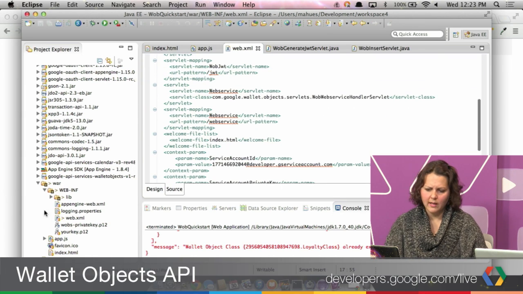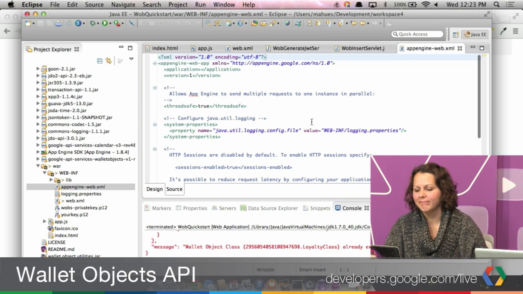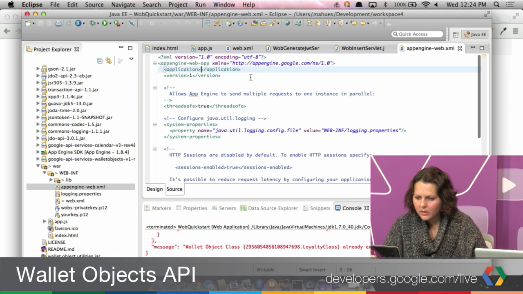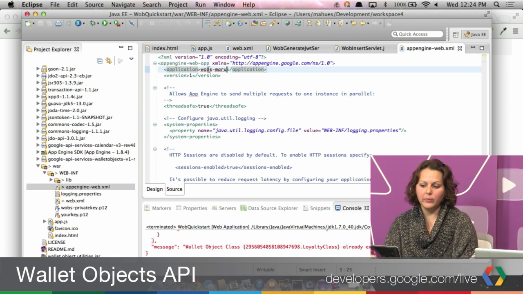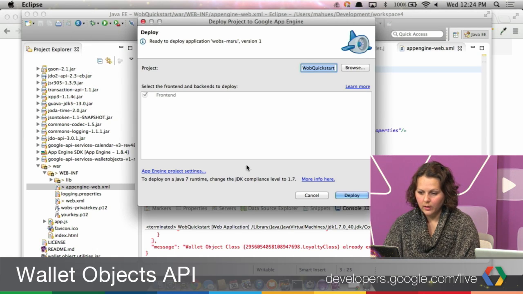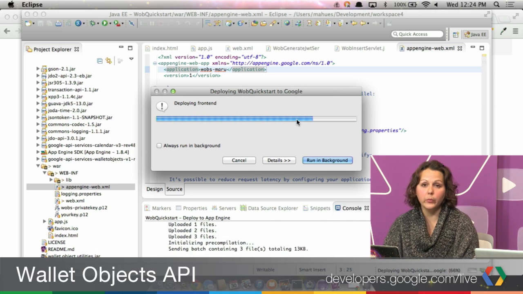Oh, not the web XML, I'm sorry. Go into the appengine-web.xml. Thank you, Paul. And let me see where it is. It's at the very top. Application. So in here, let's say that I'm using wopsmaru, then I'll just put the application name in there. Once I have that, then I can go into my Google Eclipse plugin here and click on Deploy to App Engine. When I do that, you can just click on Deploy,